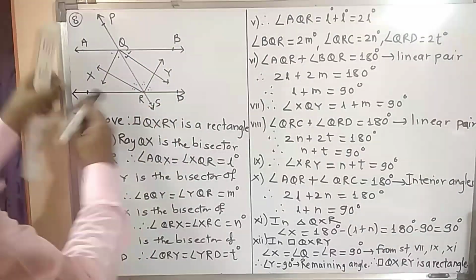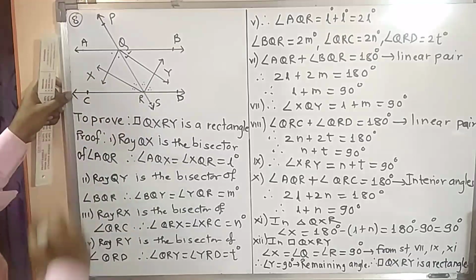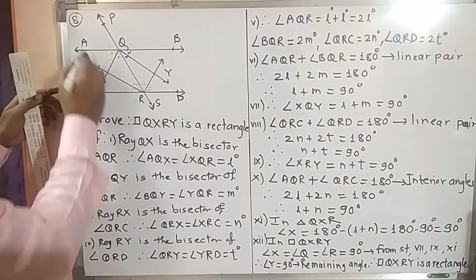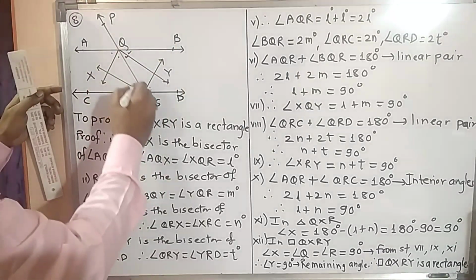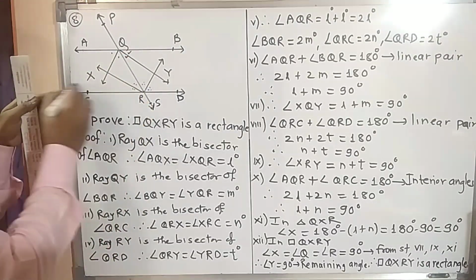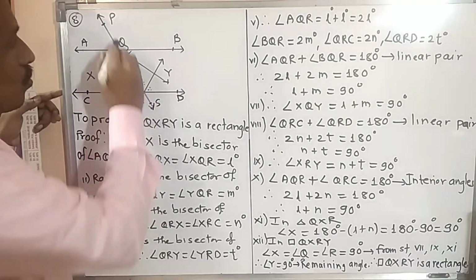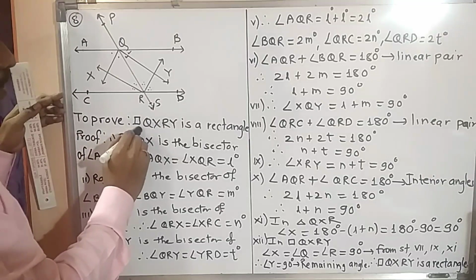Here, line AB is parallel to line CD. Line PS is the transversal. Ray QX is the bisector of angle AQR. Ray QY is the bisector of angle BQR. Ray RX is the bisector of angle QRC, and ray RY is the bisector of angle QRD. What do I have to prove? I have to prove quadrilateral